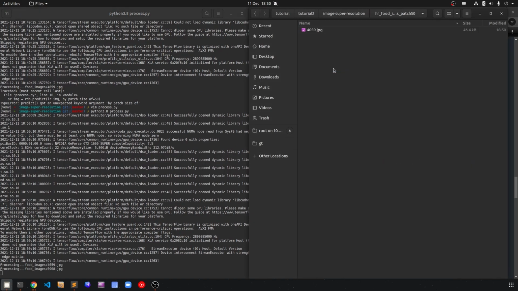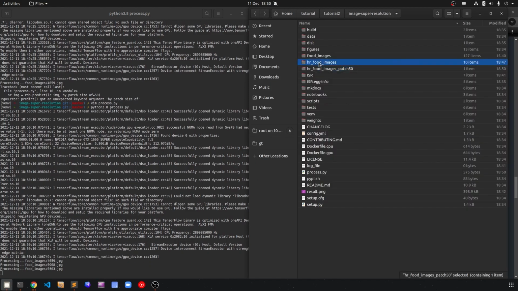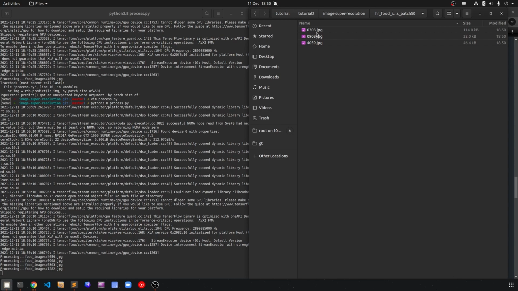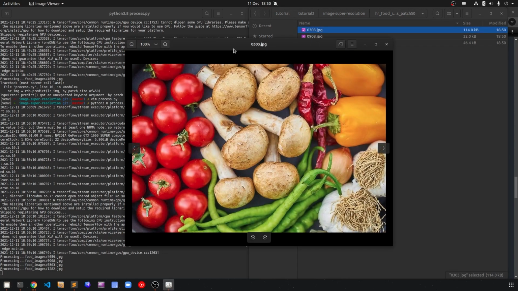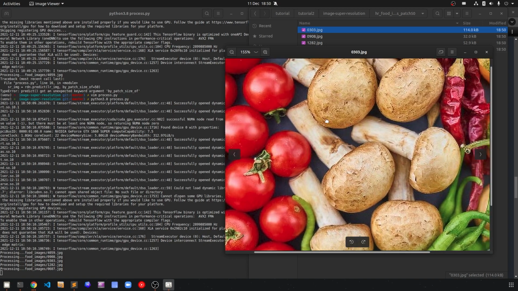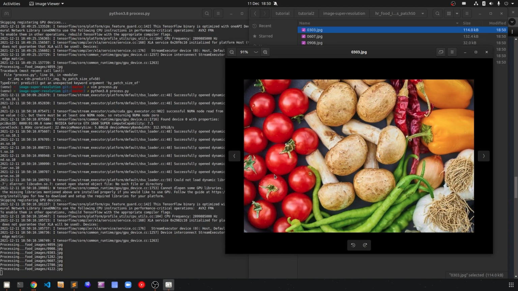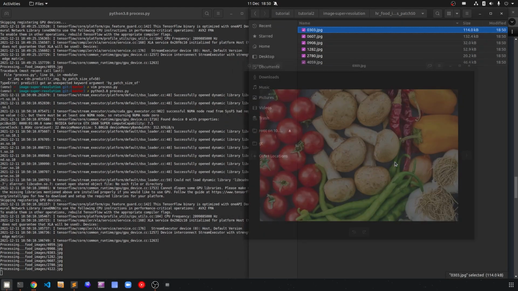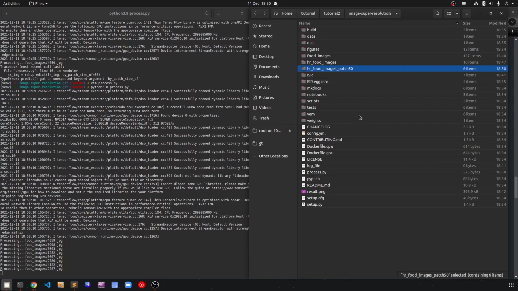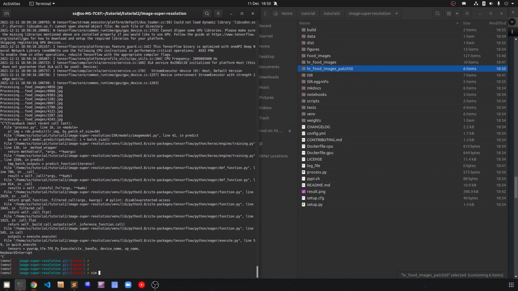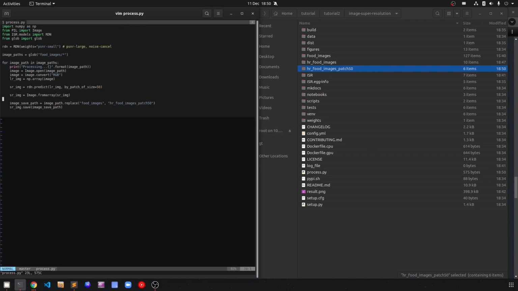I think the result's not going to be that different, but I'm just showing that you could use code like this. So the result is a lot bigger than the original image, and the quality should be better too. That's another way to use this model. Let's just cancel that. And lastly, I'm going to show you, instead of using PSNR small or PSNR large,